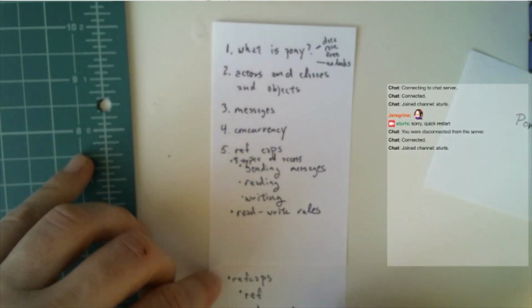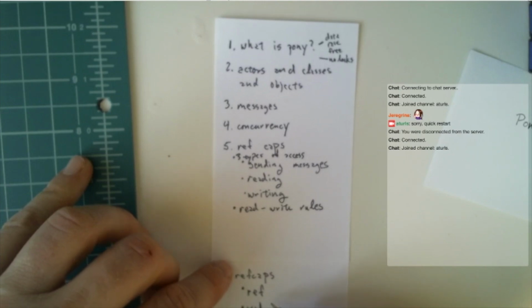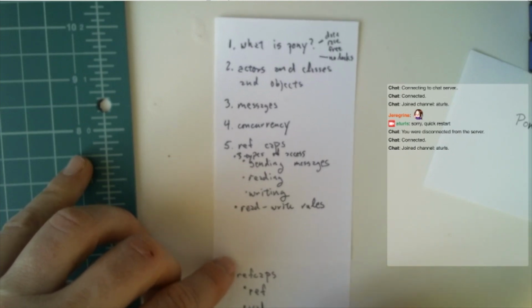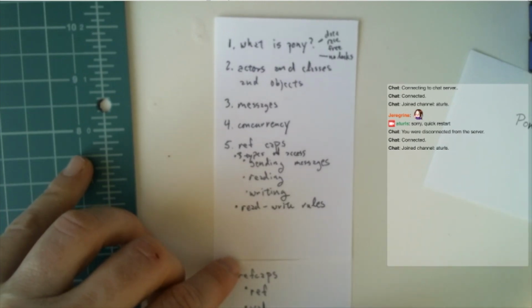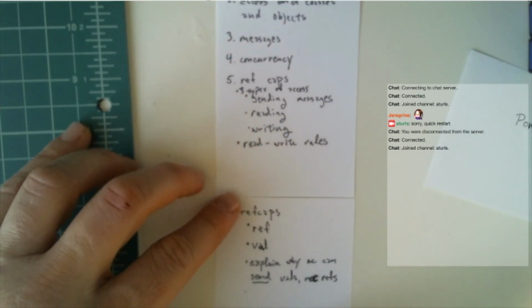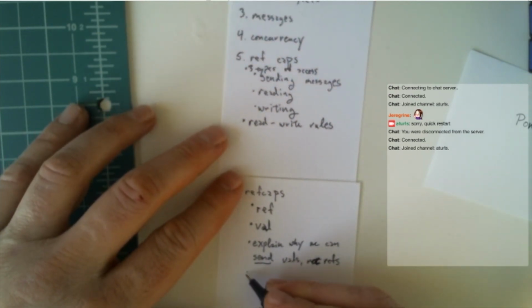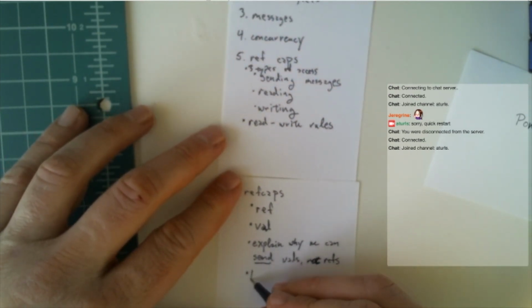Okay, so once I've explained ref and val, I'm trying to decide what order I want to do this in. I think the next thing to do is maybe to explain box,